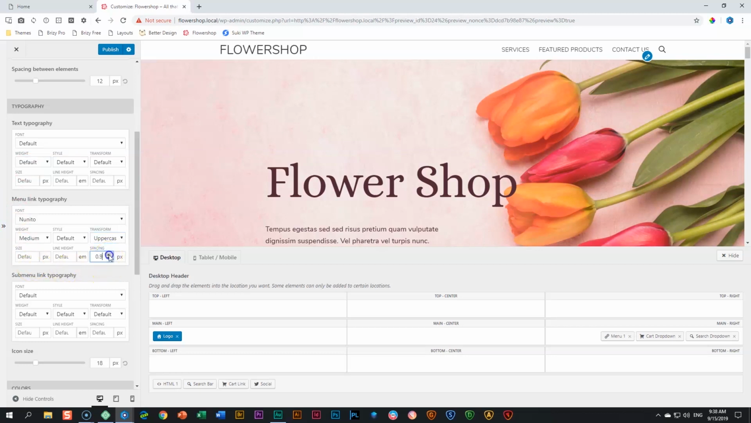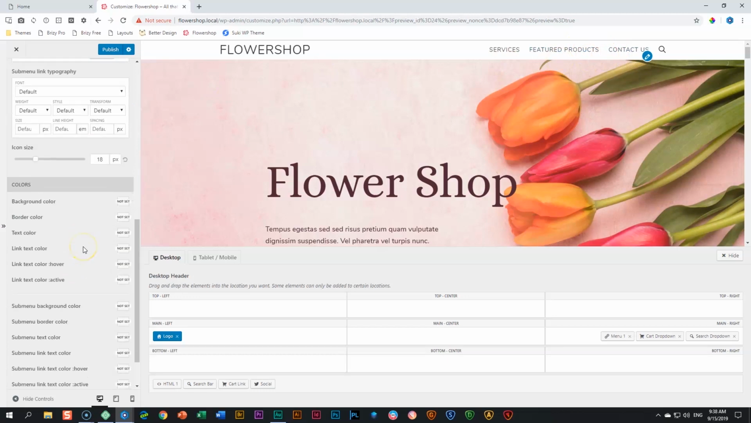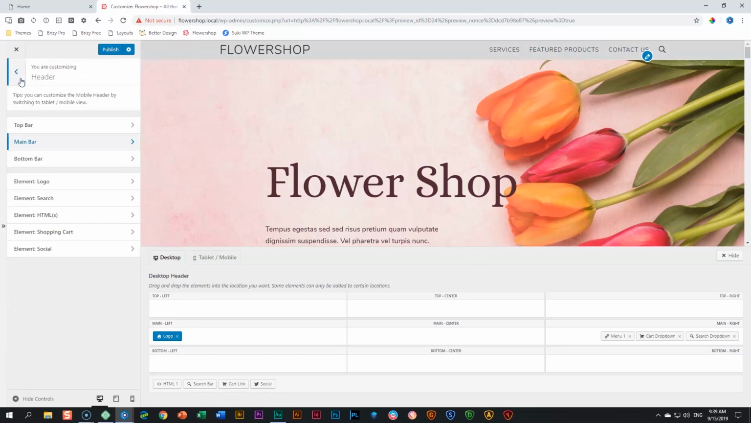So I'm going to give it 1 pixel spacing between the letters. Let's just give it a little bit. There we go. Let me reduce that. Sometimes like that. Okay, so I think that looks good. You see what we've got up here: we don't have a sub menu, we don't have icon size. So click on the main bar, click back,